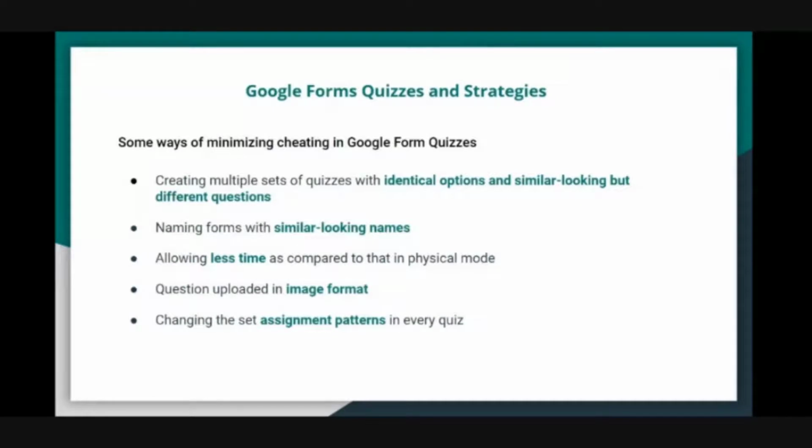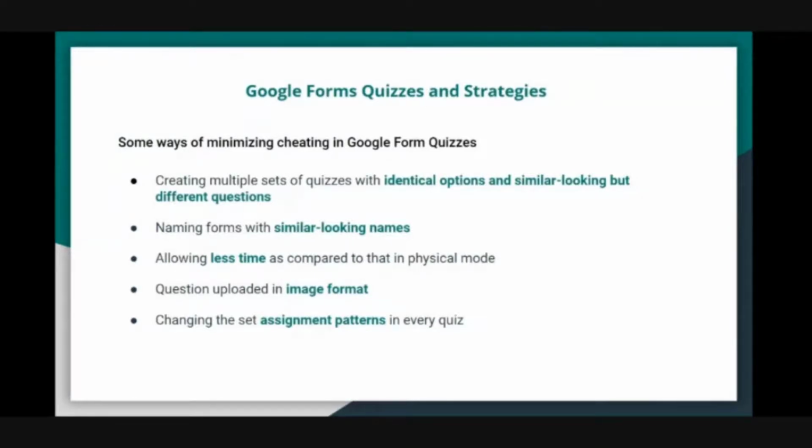To do that, you have similar looking names. Like if it's a quiz on March 26th, I'm going to call it March 26 or 26 March. Like that, I'm going to change the name slightly. I know that they are different, but they may not immediately notice that it is different. Now, when we make such groups, if we decided that I'm assigning set 1 to roll number 1, then roll number 5, and so on, so every fourth person is going to get set 1. Every fourth person is going to get set 2, like this.